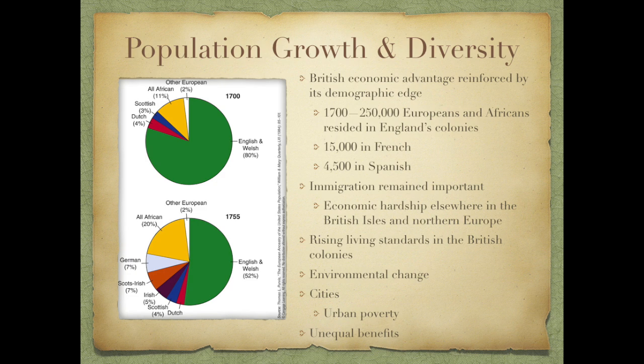England's colonies boasted of good farmlands, healthy economies, and a willingness to absorb any of Europe's Protestant denominations for the most part. England's colonies also grew faster than even Britain itself, with the ratio going from 20 to 1 in 1700 to 3 to 1 in 1775. Immigration remained important, even though natural increase was the main cause of population growth.